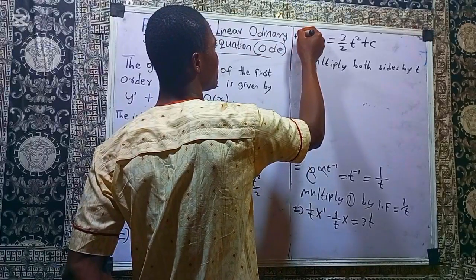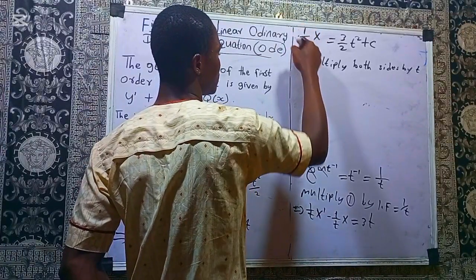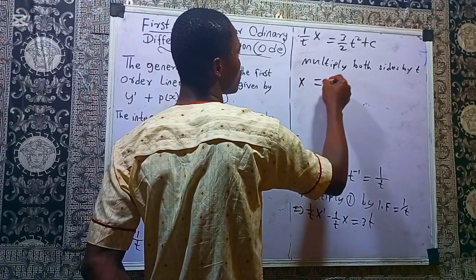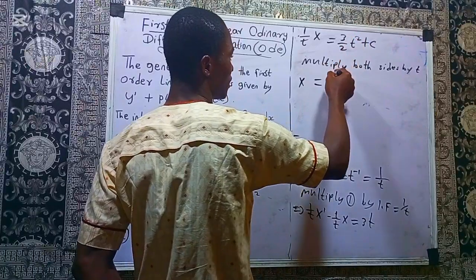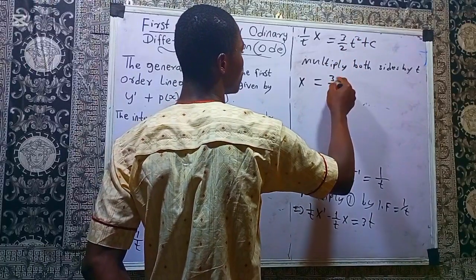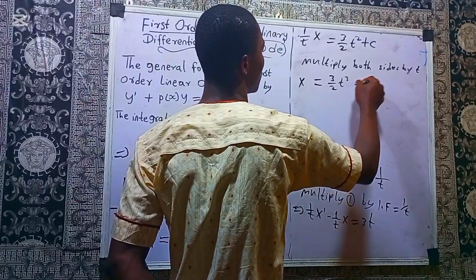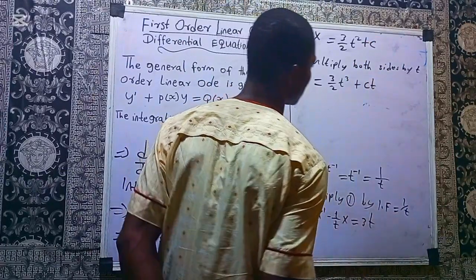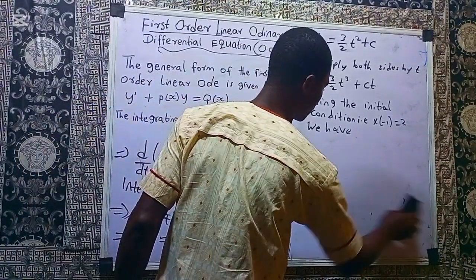If you multiply here by t, t and t will get cancelled, remaining your x. We have x equal to, multiplying here by t, t raised to power 3. You have 3 over 2 t raised to power 3. Multiply this place by t, you have c multiplying t. Right? So we are going to use